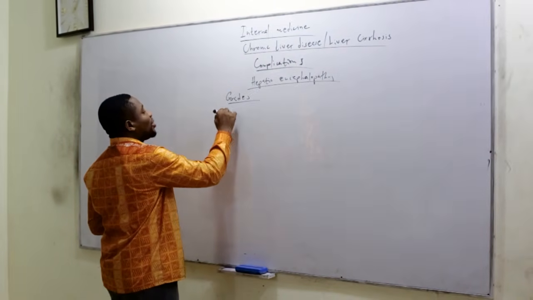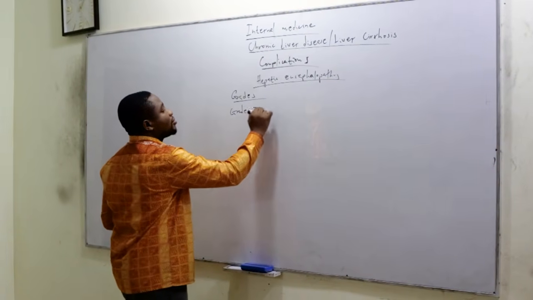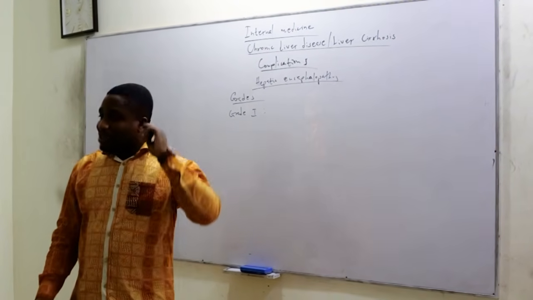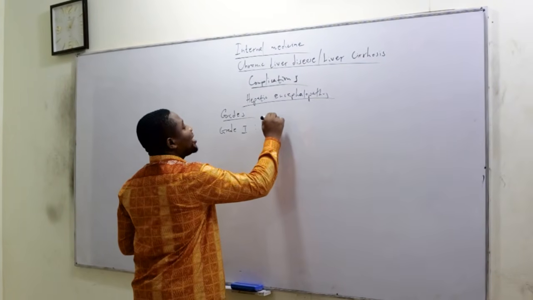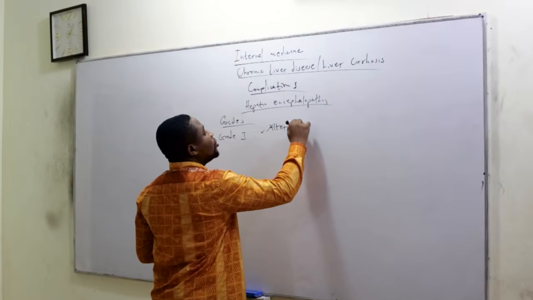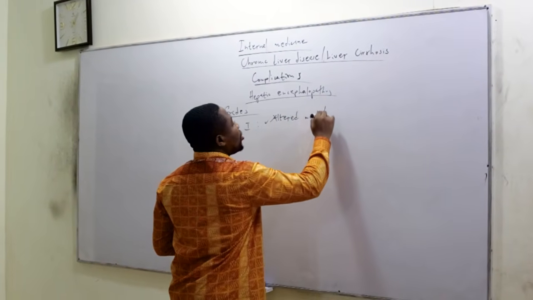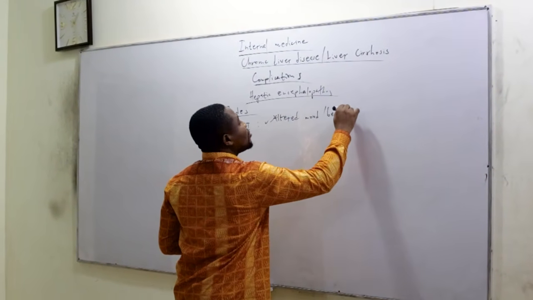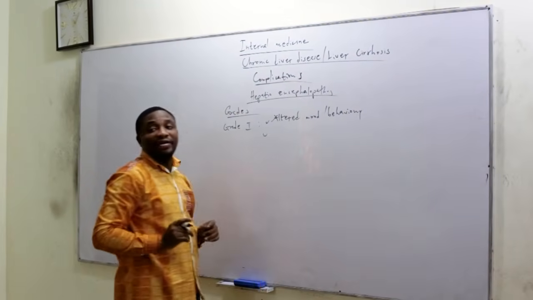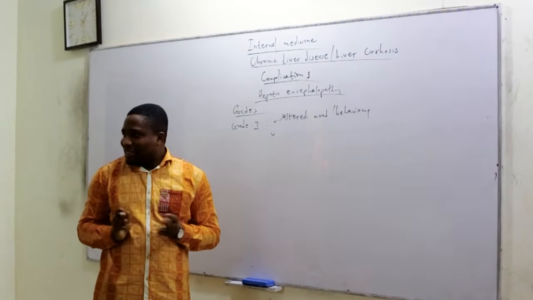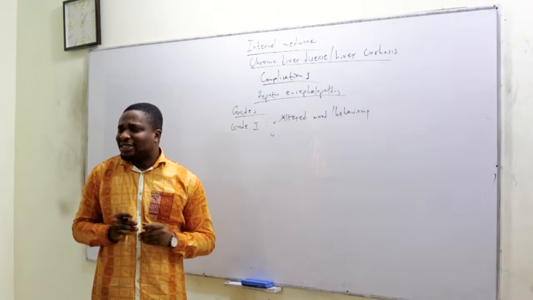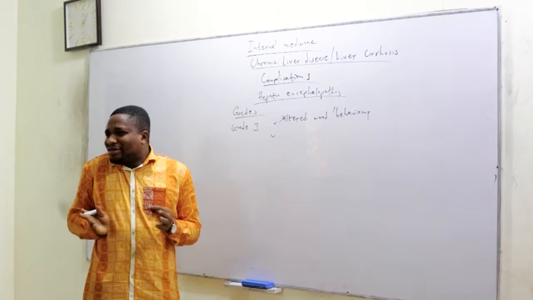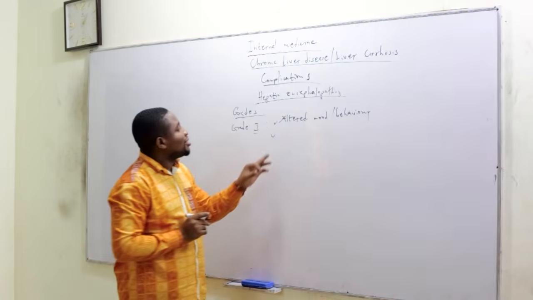Now let's look at the grades. So the grades, we have grade 1. Grade 1, what are we going to see? In grade 1, there will be altered mood or behavior. You see, all of a sudden, they are frowning. They don't look happy as they used to, or they are behaving some way. Then,